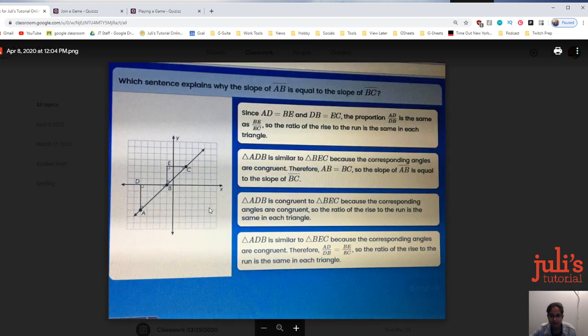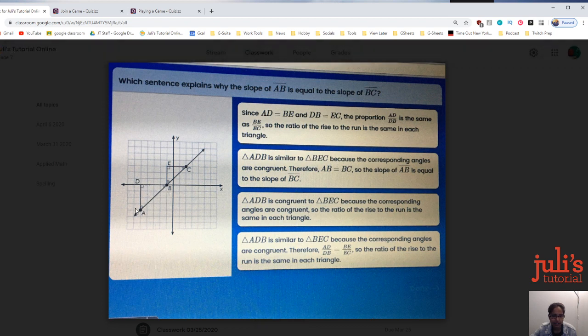Okay, so Shuchi just sent this picture of her i-Ready question. I hope you guys are seeing it. And so let's review this question together. Which sentence explains why the slope of AB is equal to the slope of BC? Okay, so parallel lines always have the same slope. We know this. So since AD equals BE and DB equals EC, in this diagram,